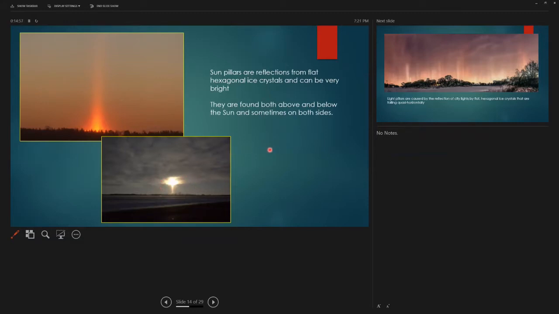And they're actually a reflection phenomenon. They're not diffraction and dispersion. It's just the simple ice crystals, flat hexagonal ice crystals that are kind of wobbling as they fall, and they're acting as little mirrors and just reflecting the light of the sun toward your eye from either above or below. They're actually pretty common, but we don't normally pay too much attention to them because they're not as dramatic